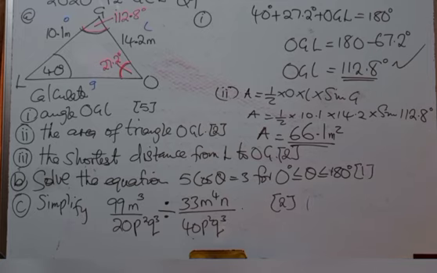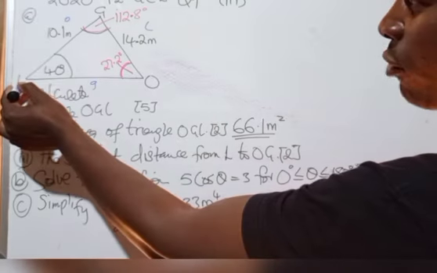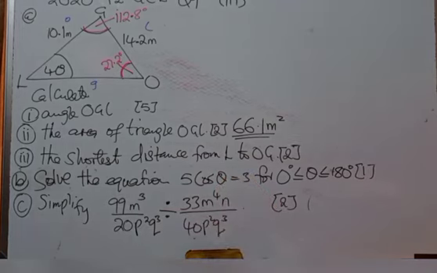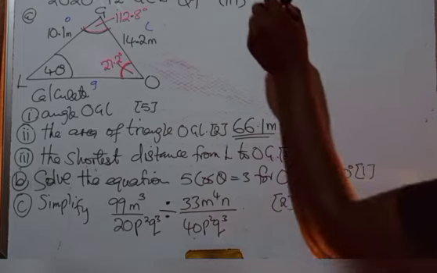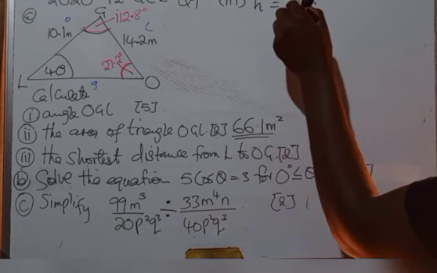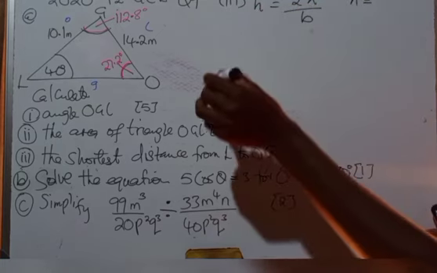Let us now go to the next question, which is the shortest distance. We find the shortest distance from L to OG. So to find the shortest distance, we'll say H is equal to 2A over B. Which one is our A? It is the area we found,